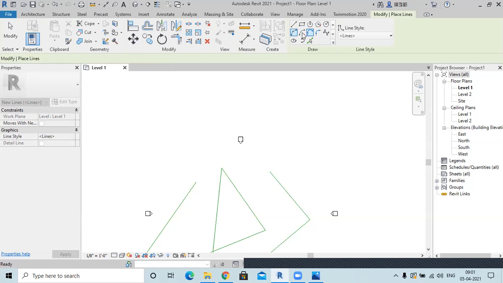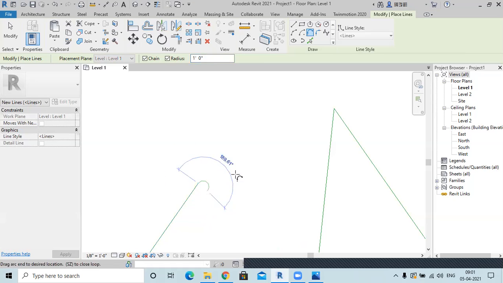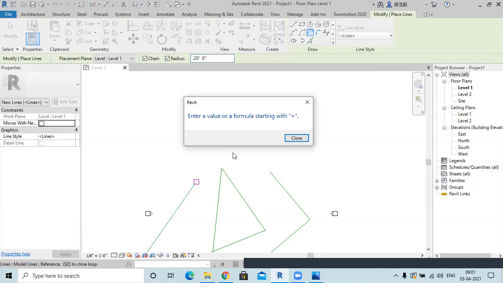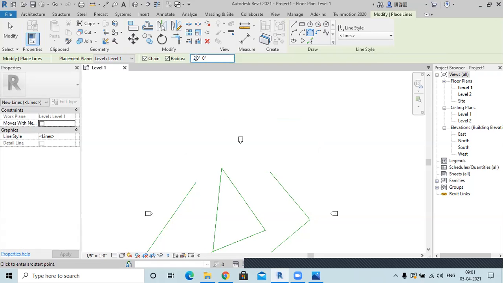So I can keep it again maybe at 1. Let's see, and we can draw a smaller one. Okay, so at that time the radius was off, that's why you were able to make an arc. If your radius is restricted, then you can use this option. For example, if I want a big arc from this point to this point, maybe we'll need a 20 feet radius. Maybe I'll just press 20 and press enter, and let's see what we can make. Okay, so sometimes you can't do it. Wait.